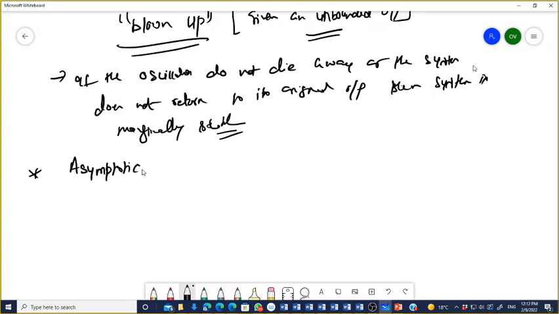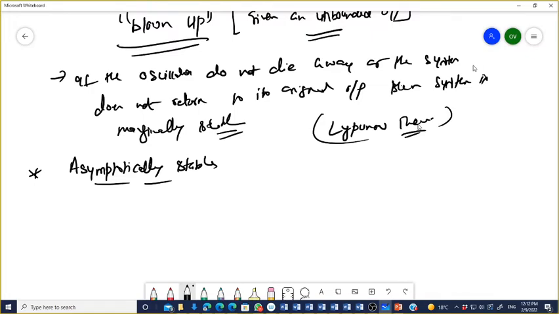Asymptotically stable. And we have to understand the meaning because we also have to cover the Lyapunov theory of stability in the nonlinear system. We will discuss that in the upcoming lecture. So for that purpose, you have to understand the asymptotically stable system. What do we understand by asymptotically stable? A system is defined to be asymptotically stable